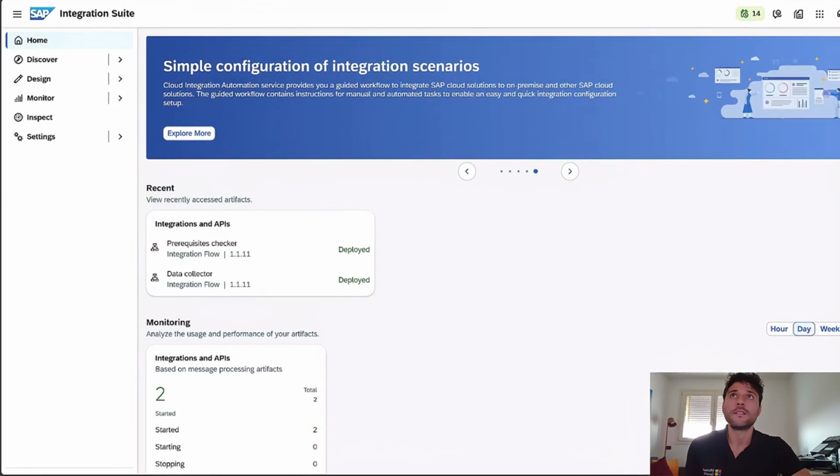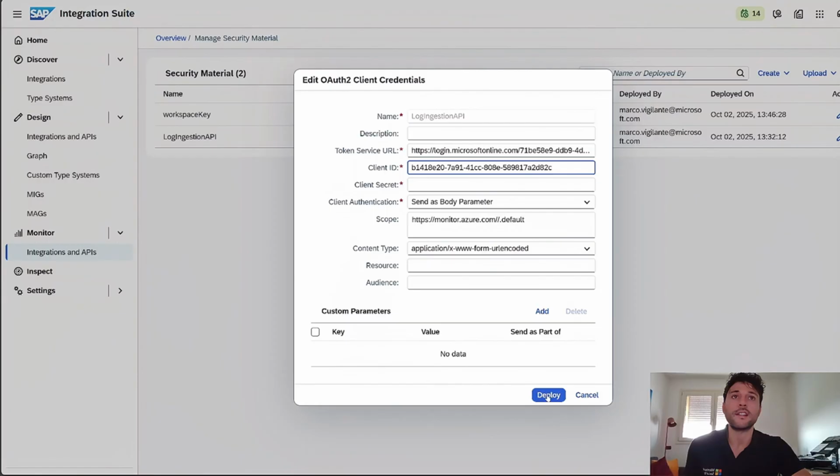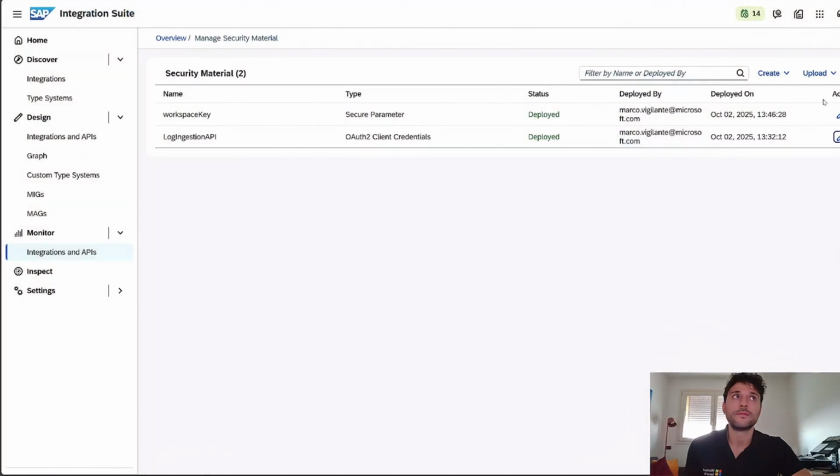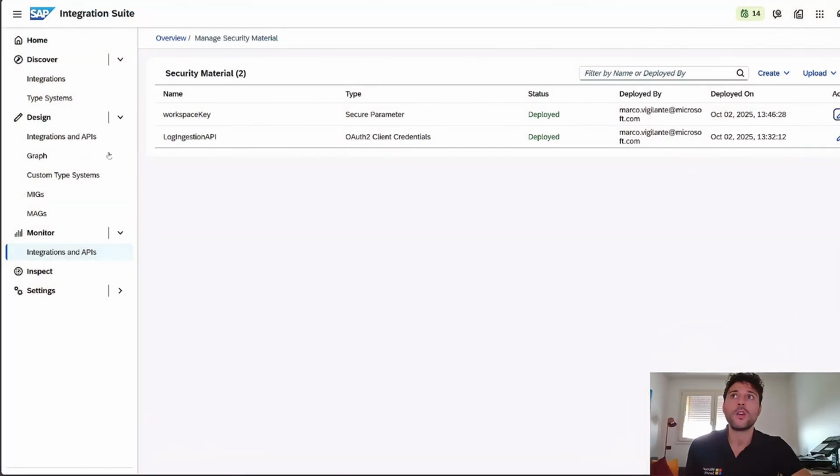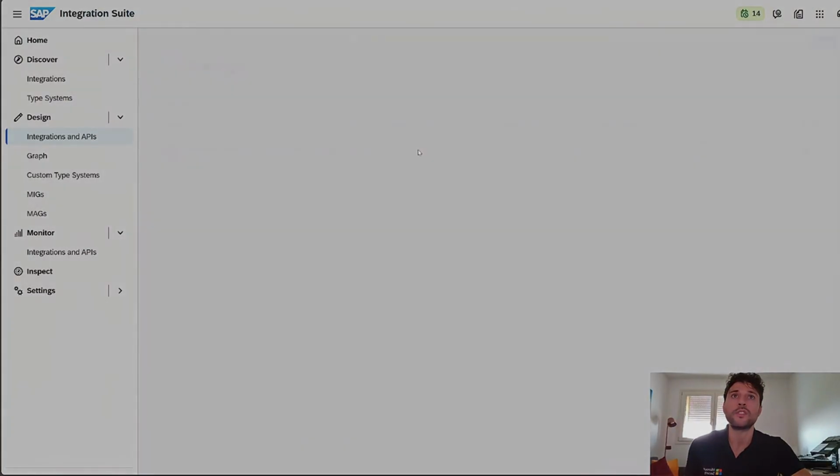And then we can click on deploy. Same thing for the workspace key. Insert it and then click on deploy. Once we have done those two steps,